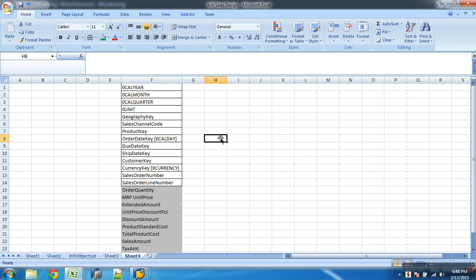Internally what happens? All the time characteristics like 0 cal day will have SID, 0 cal year will have SID, 0 cal month will have SID, 0 cal quarter will have SID. All these time characteristics will have SIDs. Okay. All these SID tables will link up to the dimension called time. So the time dimension will have what? If you look at time dimension table, you will have dimension key, SID of 0 cal day, SID of 0 cal month, SID of 0 cal year, SID of 0 cal quarter, and so on. So like this, all your time characteristics automatically we have to assign them to what? Time, without any analysis. Straight away you should do this.